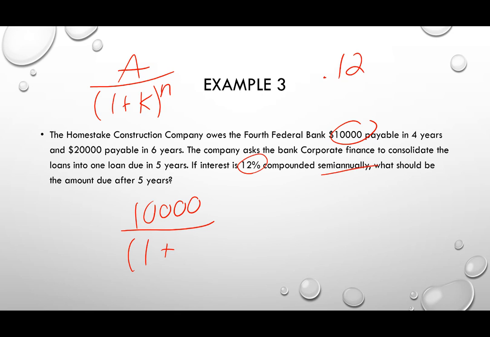So that's going to be 0.12 divided by 2, which makes 0.06 as the k value. Now, if it's payable in 4 years, compounded semi-annually, so twice a year, that's going to be a total of 8 times being compounded. So this equates to